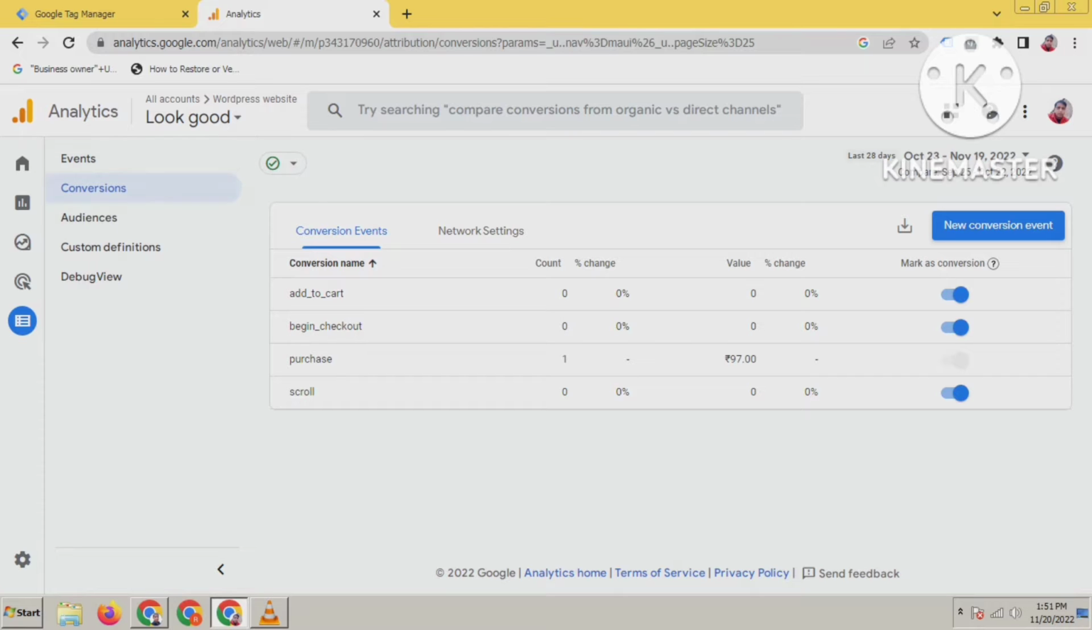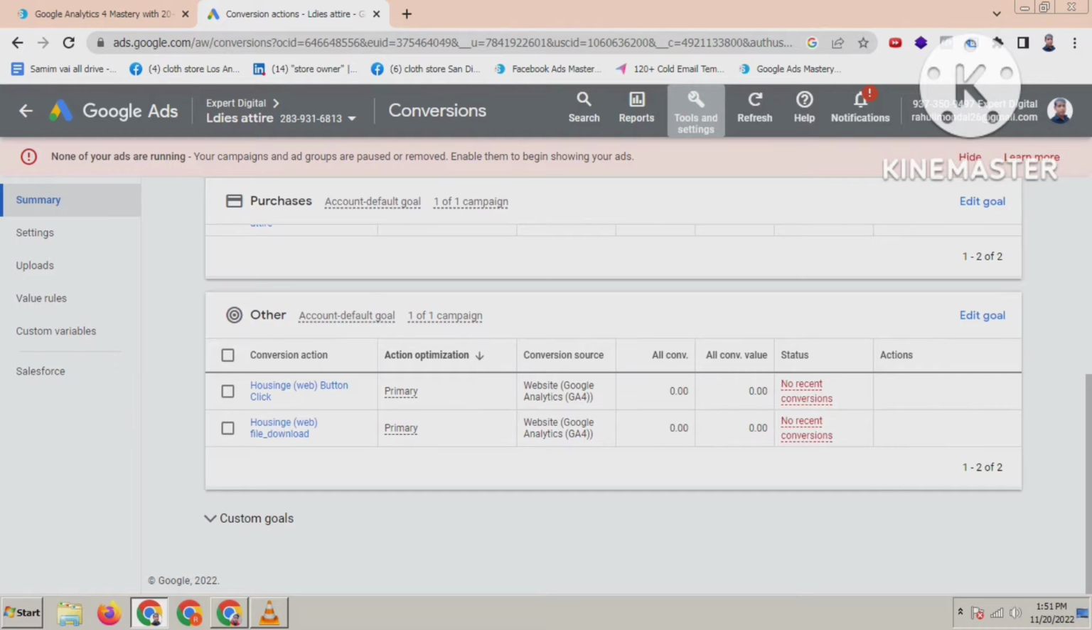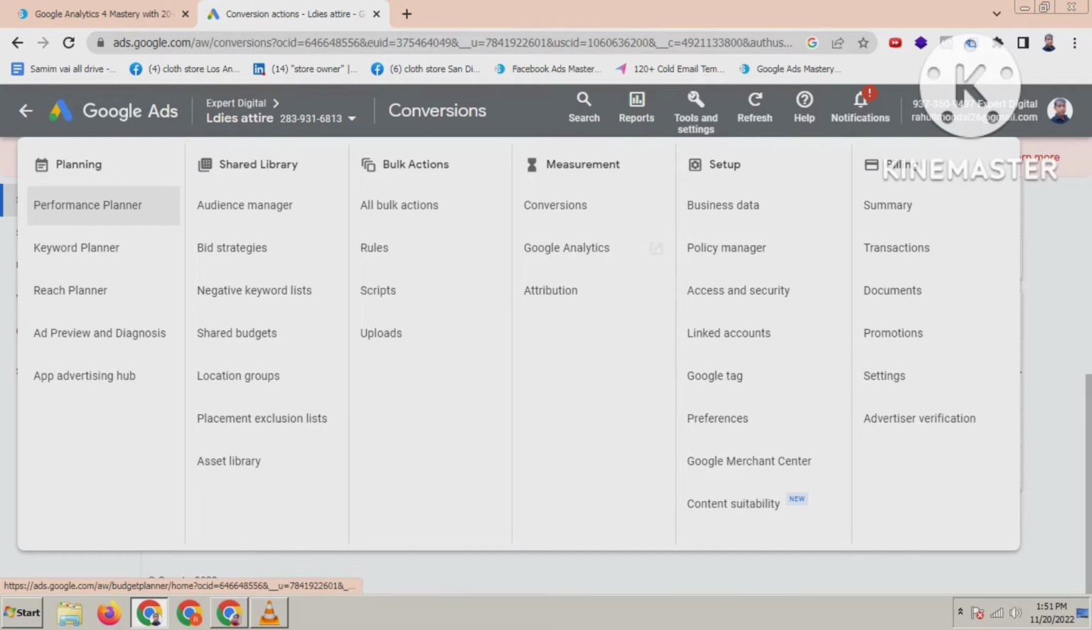In this tutorial I'm going to show you how to send conversions to a Google Ads account, how to import this conversion into the Google Ads account. So to do that, let's go to the Google Ads account and click on Tools and Settings, then click on Conversions,